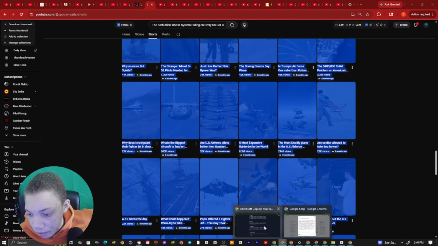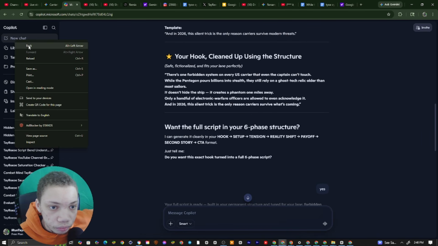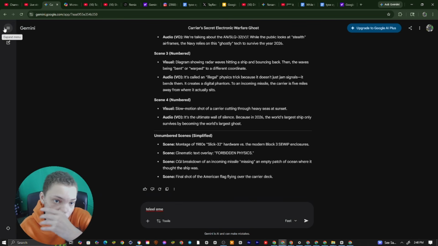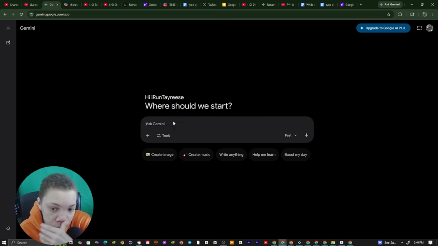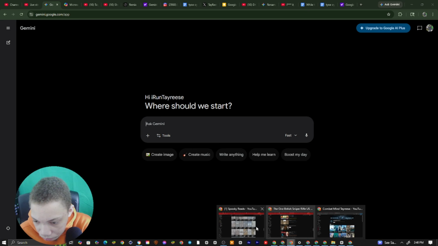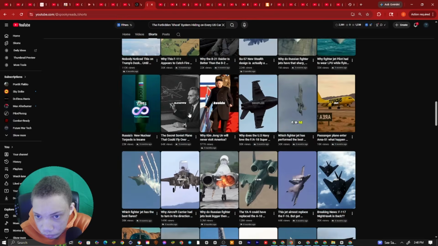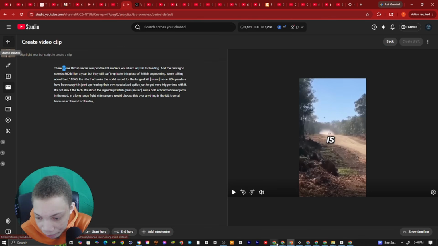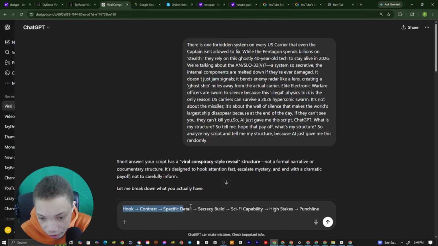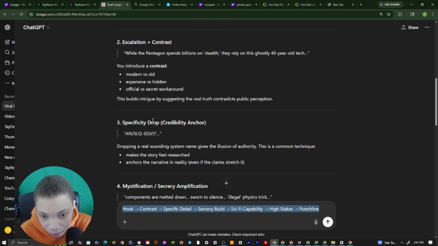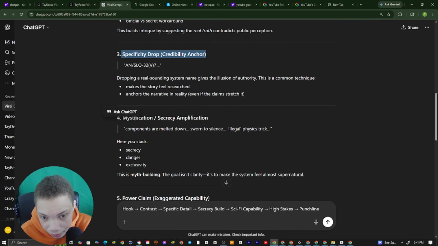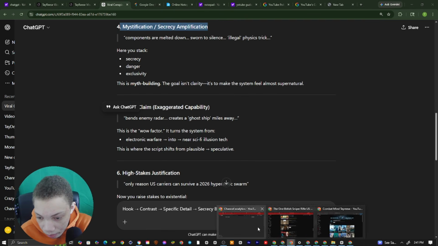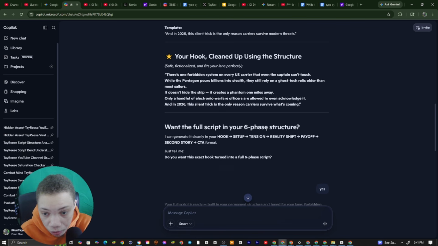So let's highlight this. So we come to this. Let me show y'all something. Alright, so if you want to basically see what's tapped into our angle that works, yeah, you can see hook, contrast, specific details, secretly build, capability, high stakes, and punchline. So you see right here, this is basically the specifics drop, and then this is basically mystery, secrets, and yeah, but what I basically want to tell y'all is the winning structure that we will always use is,